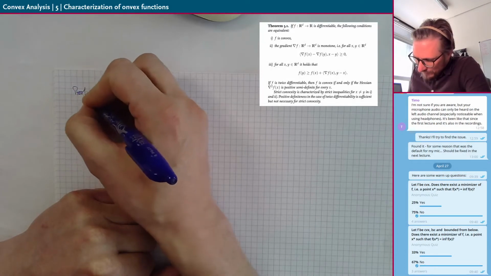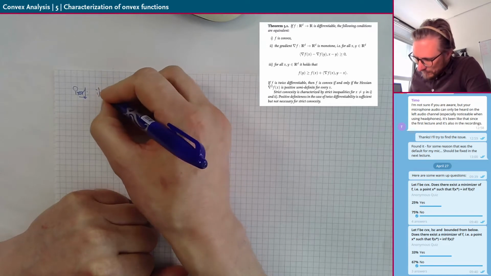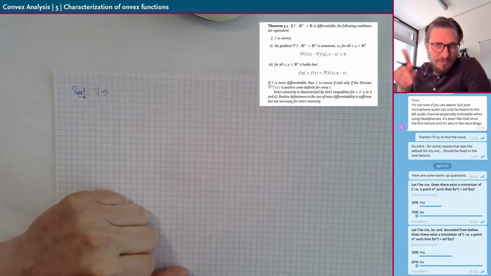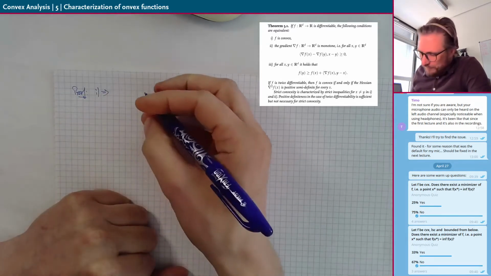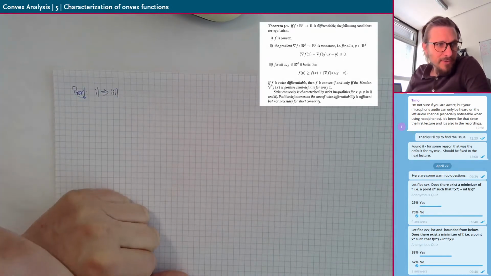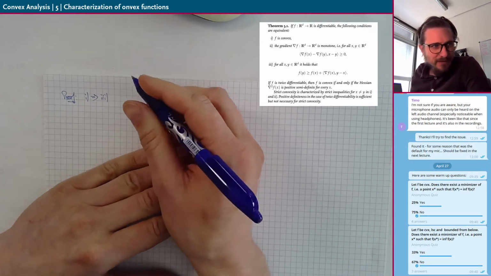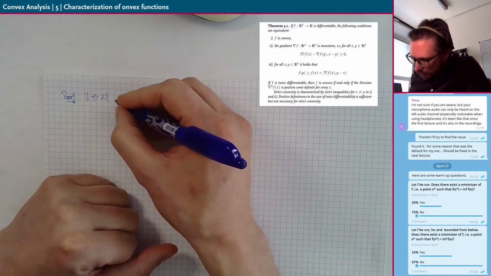So the proof goes like this. Of course, there are many possibilities, but I'm going to prove it first. So do not argue in a circle, but say I would first prove the equivalence of 1 and 3. So the direction from 1 to 3. Actually, I think it was probably already correct in the lecture, but anyway, so what we do is we take